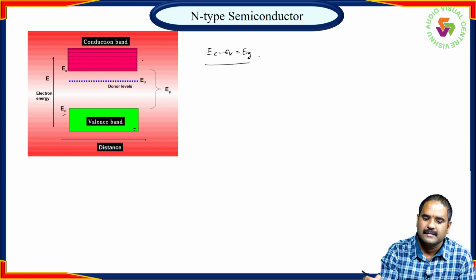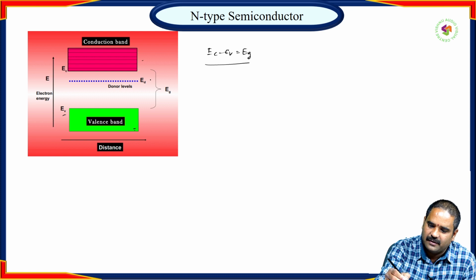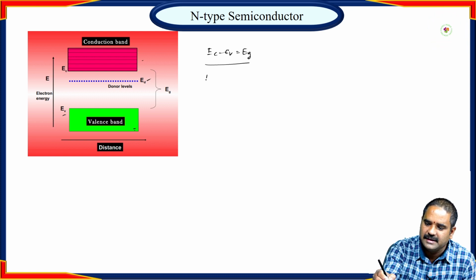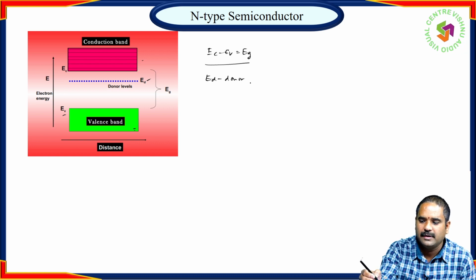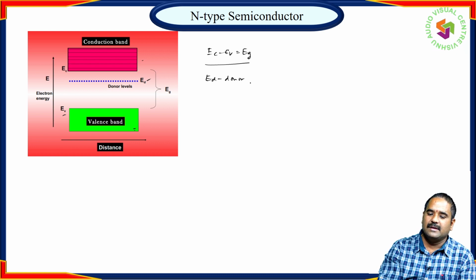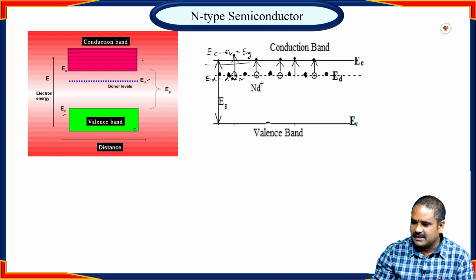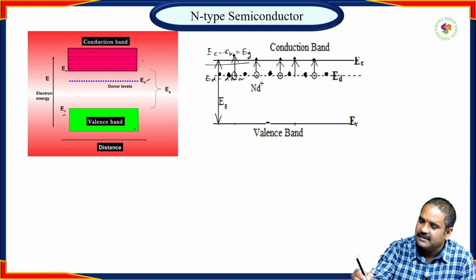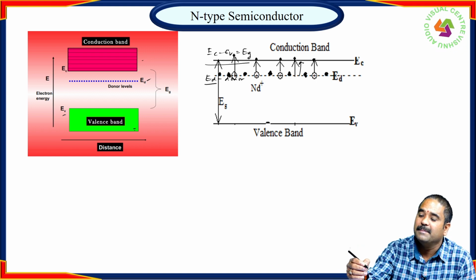In an n-type semiconductor, electrons are in excess. The excess electrons lie in an energy level known as the donor energy level. Here E_D is the energy of the donor energy level. They are ready to donate electrons. So even at low temperatures, electrons get excited from the donor energy level to the conduction band easily.